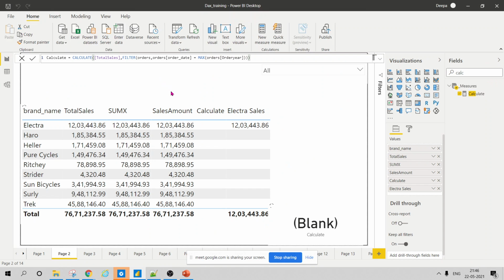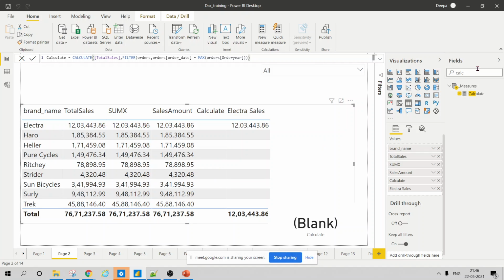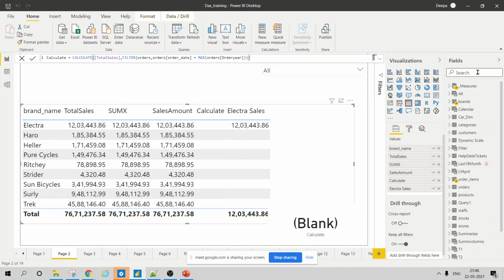Okay, so we'll see today how KEEPFILTERS and other things work. I want to write one CALCULATE function wherein I filter for order date and order year, what my maximum order year is and the total sales.